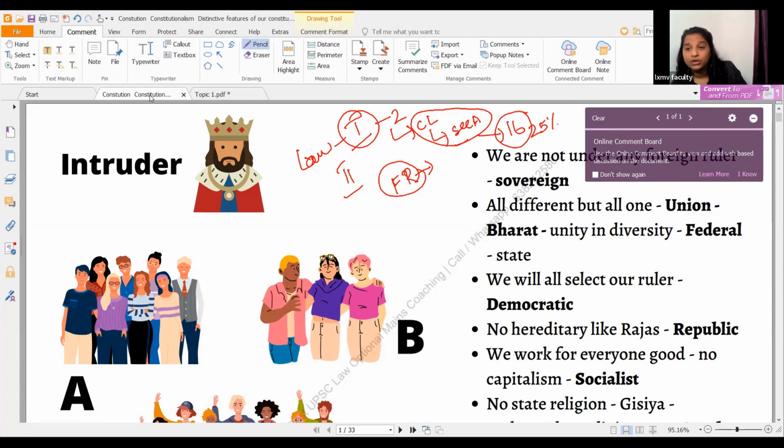Okay, so this is the book you're going to follow. See how bulky it is. Humanly reading the entire book and retaining it will be very hard. So that's why we have decoded the standard books in a different form, which is actually required for UPSC. That's what we are going to do in this lecture.